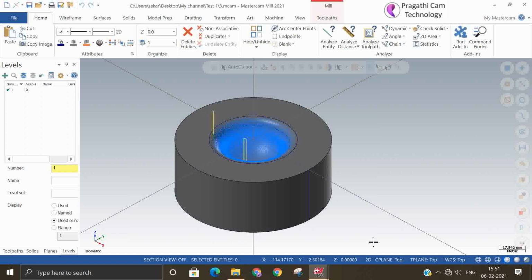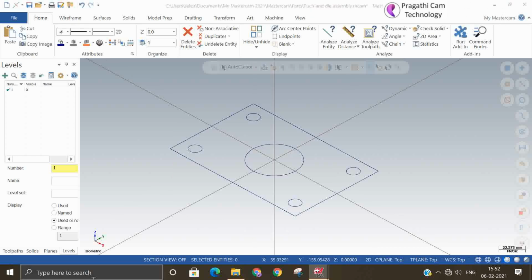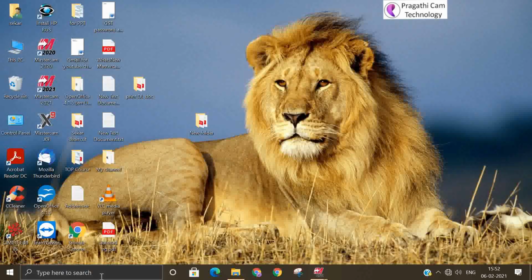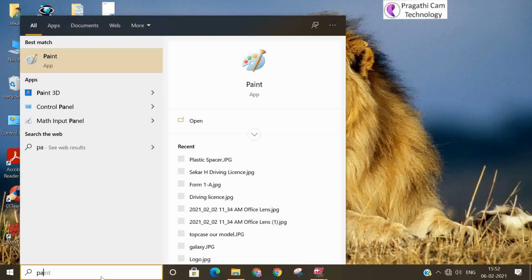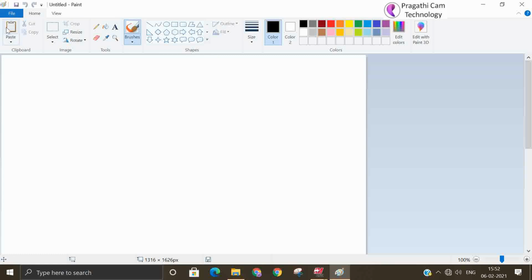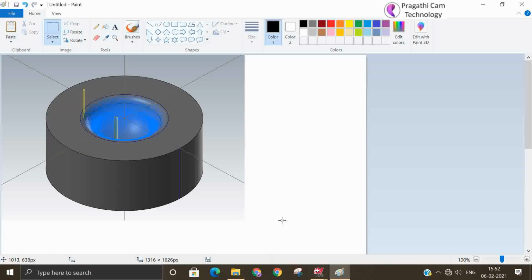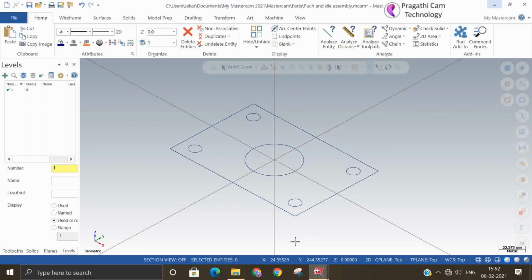So now this image is copied. Now you can open Paint and paste it. So you can paste this copied image here. It's not only in Paint; that image can be pasted in the Word file also. This is about the copy, cut, and paste and copy image.